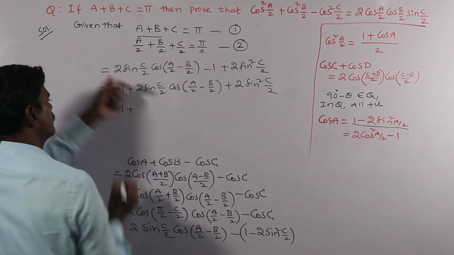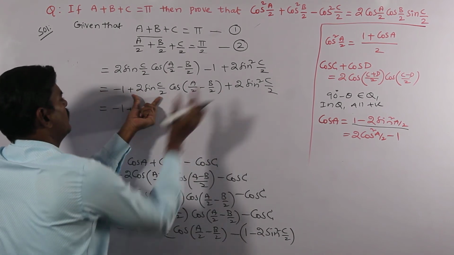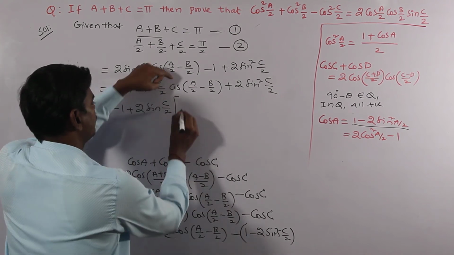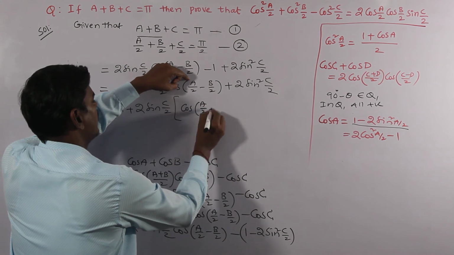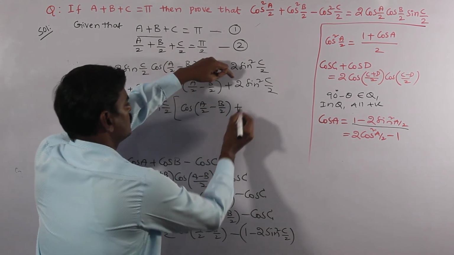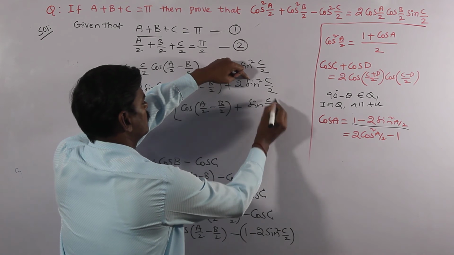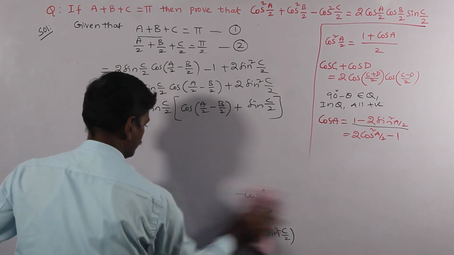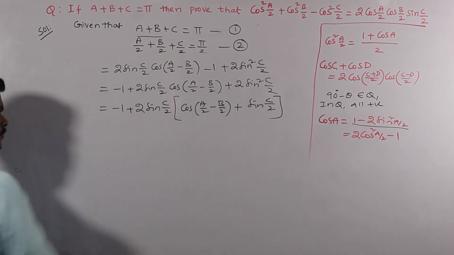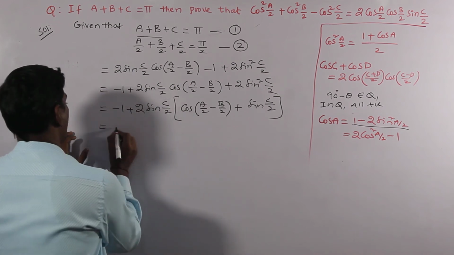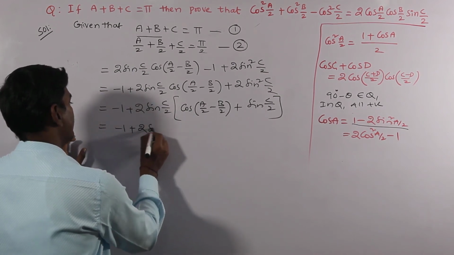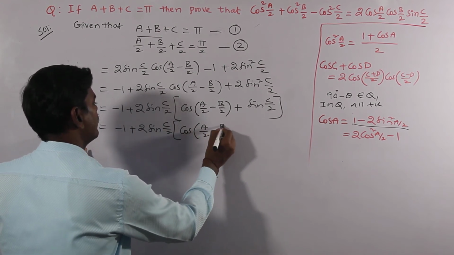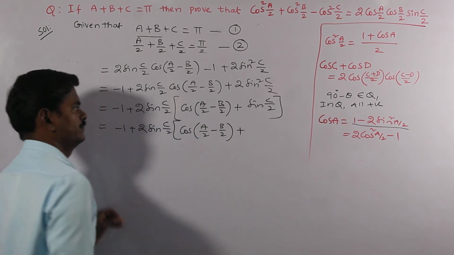So minus 1 plus, now you see 2 sin C by 2, 2 sin C by 2, we have a common term. Take it as common. After taking 2 sin C by 2 common, we are left with cos of A by 2 minus B by 2, plus one more sin C by 2 remains. So minus 1 plus 2 sin C by 2 into cos of A by 2 minus B by 2 plus